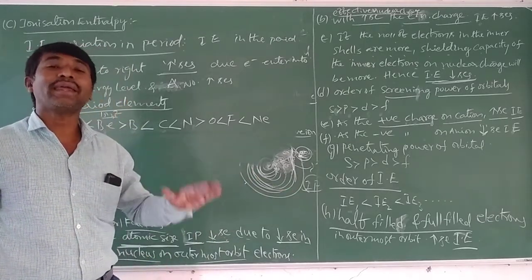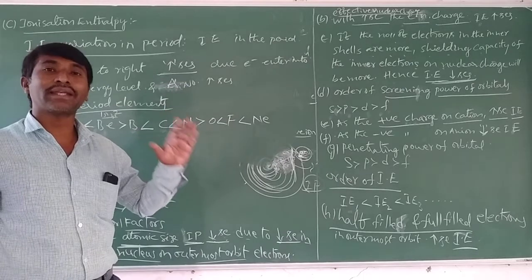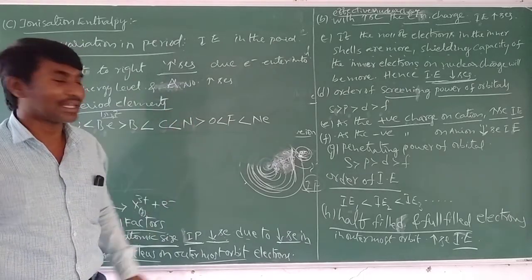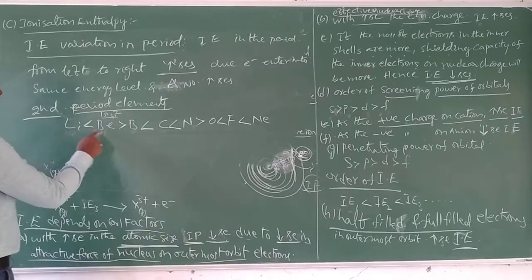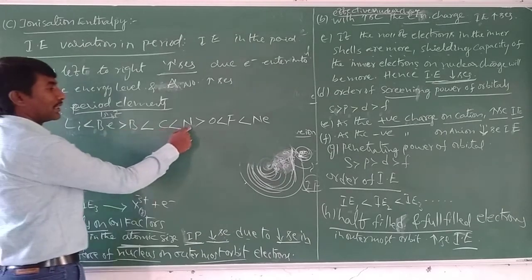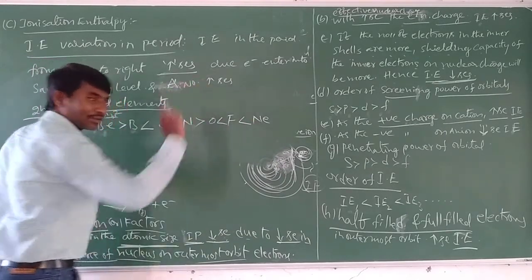That is also high ionization enthalpy. So that's why, for lithium, beryllium, boron, carbon, nitrogen, oxygen, fluorine, neon,